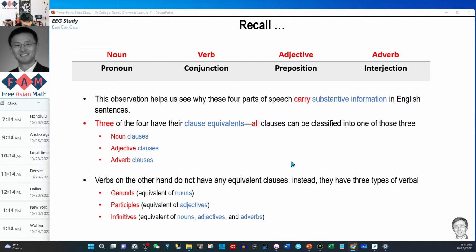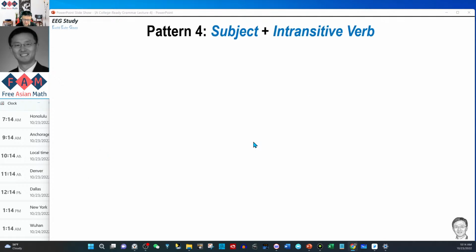Okay, so we just used the 3 very basic simple sentence patterns to illustrate why those things are important. Today we will continue to study more simple sentence patterns. And they are all very basic because we are only looking at the bare minimum forms of those patterns. We are not adding a lot of modifiers, and that will come up in the next couple of lectures. So the 4th pattern,